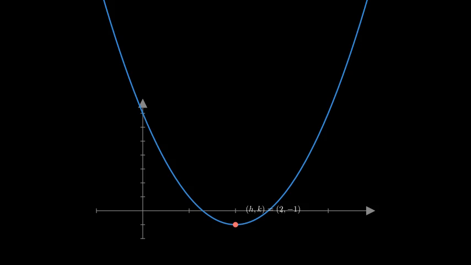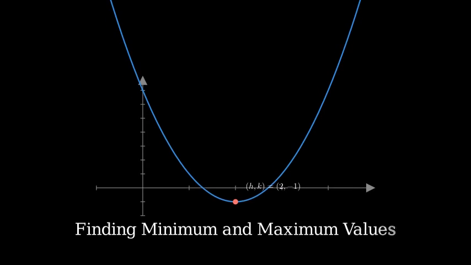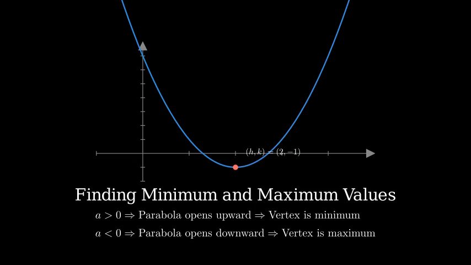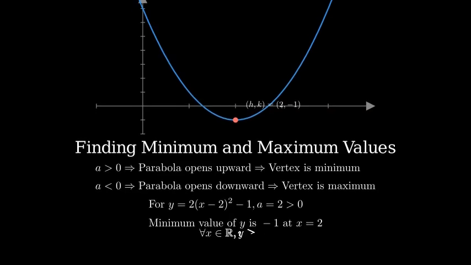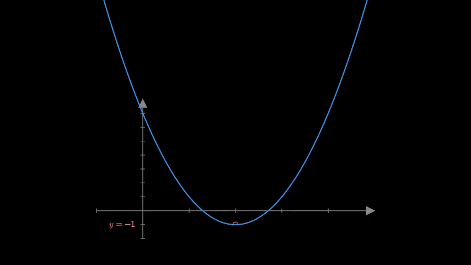One important application of the vertex form is finding the minimum or maximum value of a quadratic function. When a is positive, the parabola opens upward, and the vertex gives the minimum value. When a is negative, the parabola opens downward, and the vertex gives the maximum value. In our example, y equals 2 times (x minus 2) squared minus 1. Since a equals 2 is positive, the vertex (2, minus 1) gives us the minimum value of the function. This means that for any x value in the domain, y will always be greater than or equal to minus